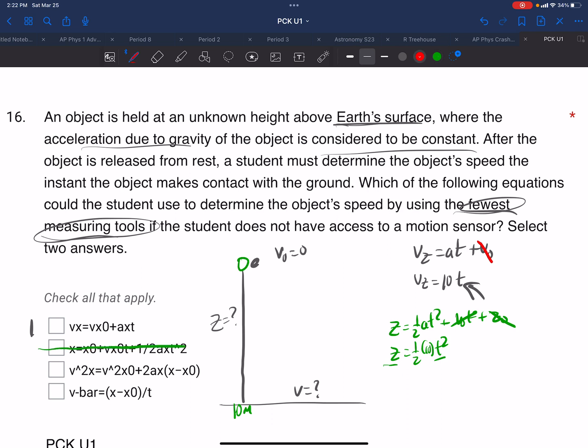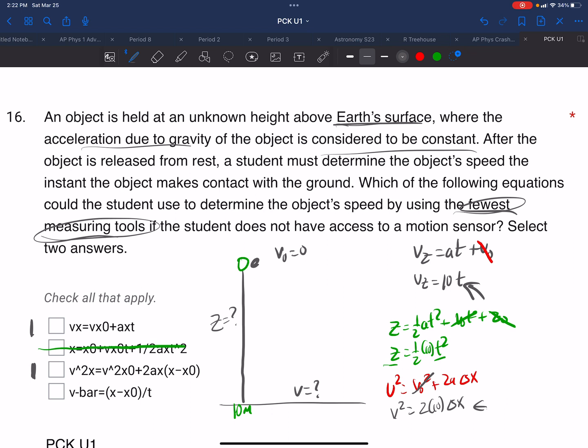v squared equals v0 squared plus 2a delta x. v0, we've already established, is 0. So the v squared we're looking for would be twice times 10 times delta x. So if we use a meter stick to determine delta x, we can calculate v, and this looks like it has 1. So right off the bat, it looks like those are our two answers, but we will examine the